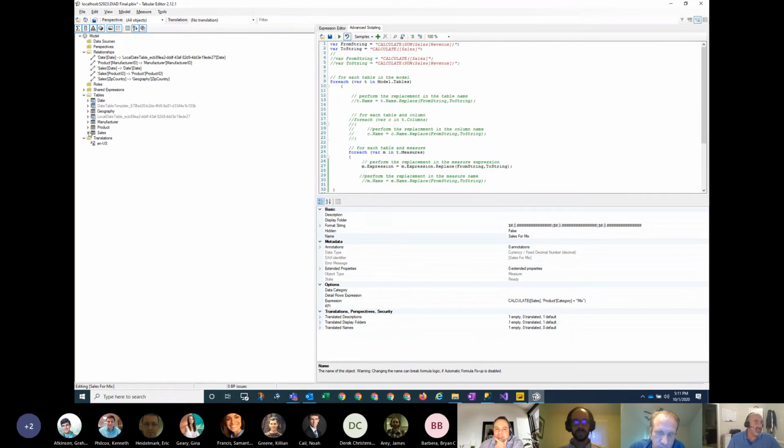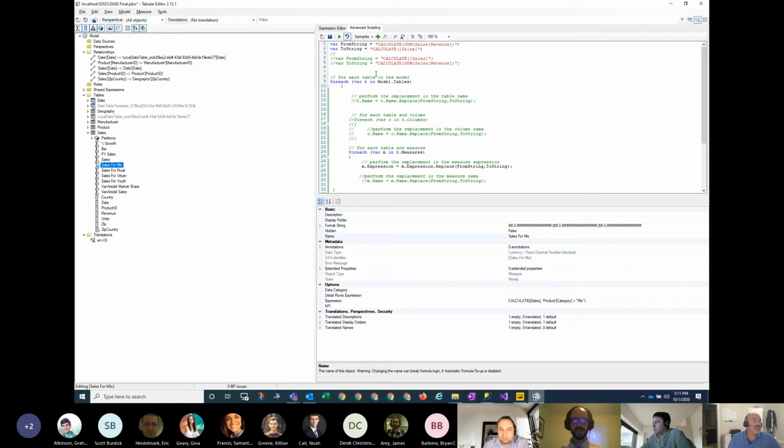In this case, I don't want to change the names of the measures, but I do want to go and search and replace. For this calculate sum of revenue, I want to just make it say calculate sales instead. And the reason I'm including the calculate in the check here is because sum of sales revenue is not enough. That would actually change it in the formula for the sales measure itself. So this is making sure that I don't change it too much either. But with a little coding here, and you can find examples of this, they're starting to become more available. There's a guy out there, Matt Allington, I'm sure many of you've heard of. What you're seeing here is sort of inspired by some things that Matt has out there.